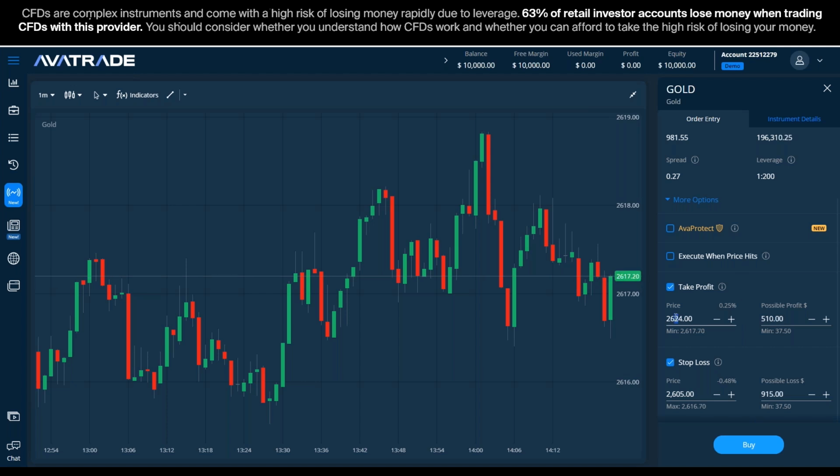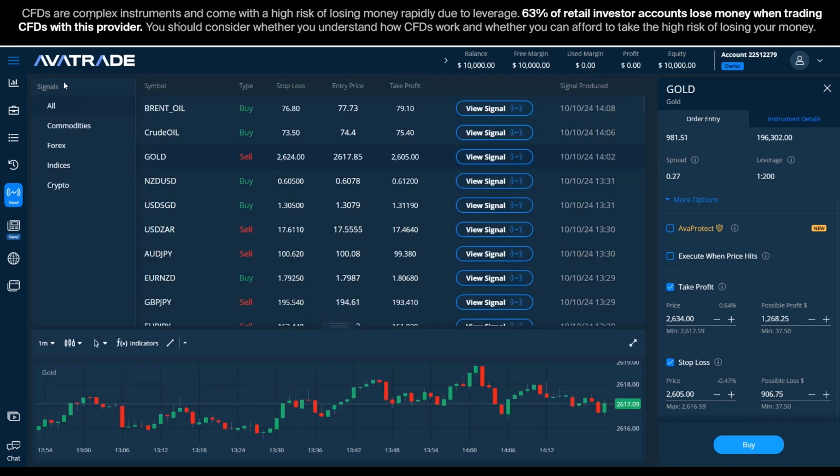I can of course change it, okay, for something that makes more sense to me, maybe a little too much, maybe this way, okay, and then it would make more sense. But the point here is that if you're using the default suggested stop loss and take profit, you might want to modify that. Just a second, we'll go back to